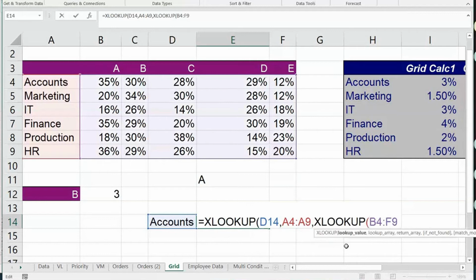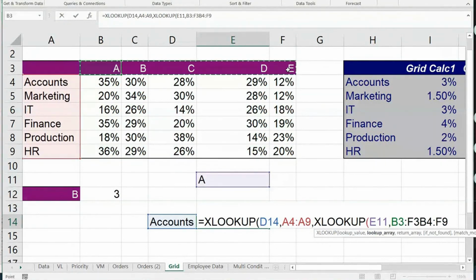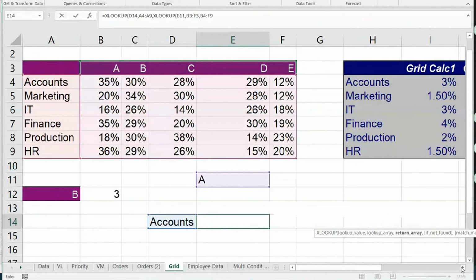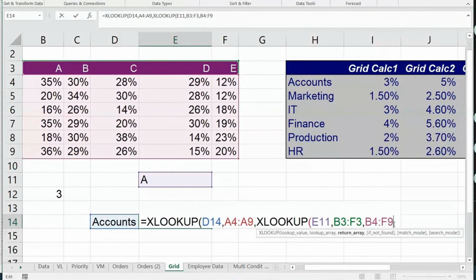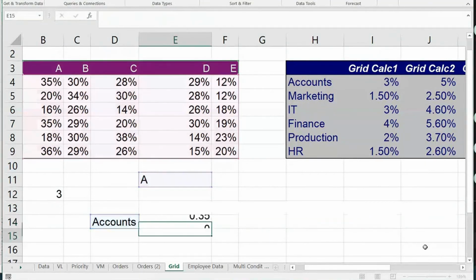This is a nested XLOOKUP. Look at the beauty of using XLOOKUP for a two-way lookup. XLOOKUP this grade, comma, where in this array, in row 3, comma, and the return array is the same for this also. So we put two XLOOKUPs here. Close one, close two brackets, enter.